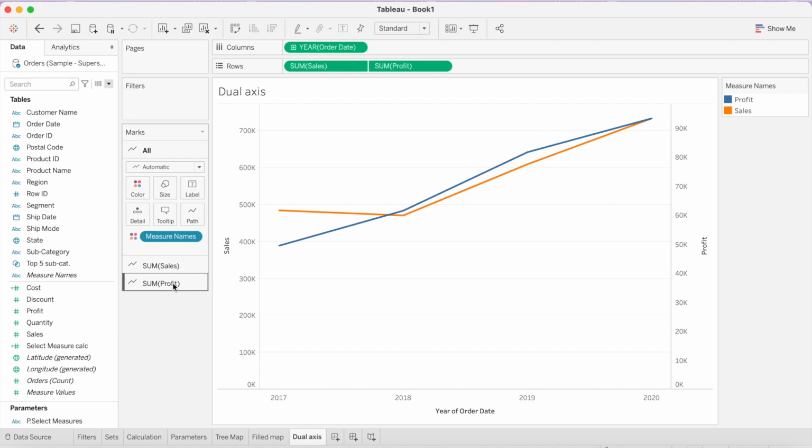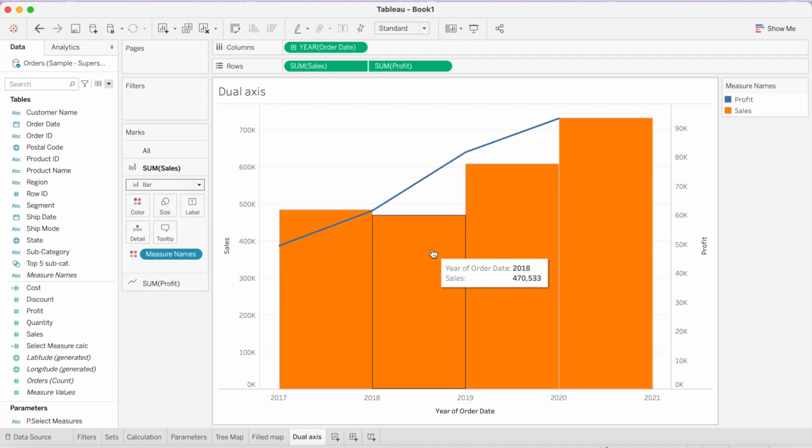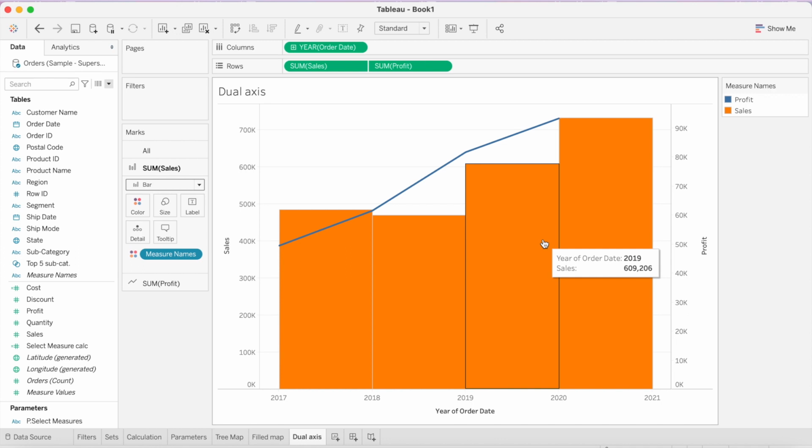So let's change the mark type of sales and convert it into a bar chart. From automatic line, we will convert it into a bar chart. Currently the bars are very thick.